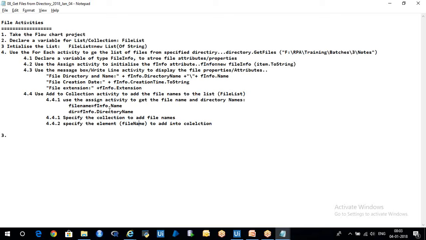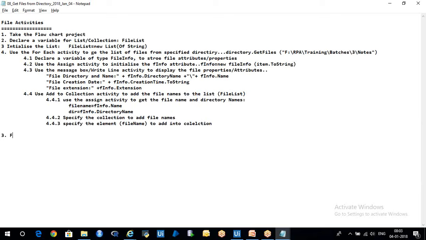Okay, and this is dir. Okay, file name, specify the element file name to add the collection. Okay, this part is for this collection. Okay, this is done. Now this part is 4.1, this is 2, this is 3, and the next step is